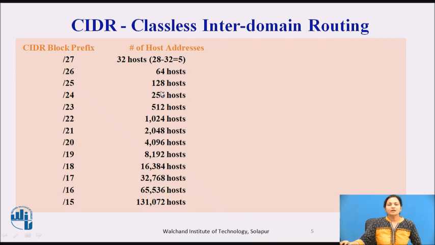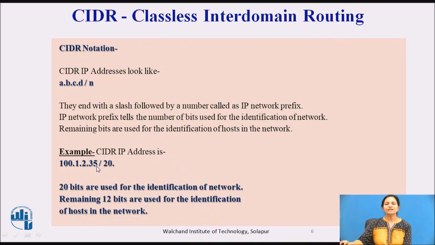So here we are using the classless inter-domain routing algorithm. It requires 32 bits. So A will be 8 bits, B will be 8 bits, C will be 8 bits, D will be 8 bits, so a total of 32 bits will be there, and N. Now N is the prefix which indicates how many bits you can use for the network. N is the number of bits from this address you can use for the network address, and the remaining will be